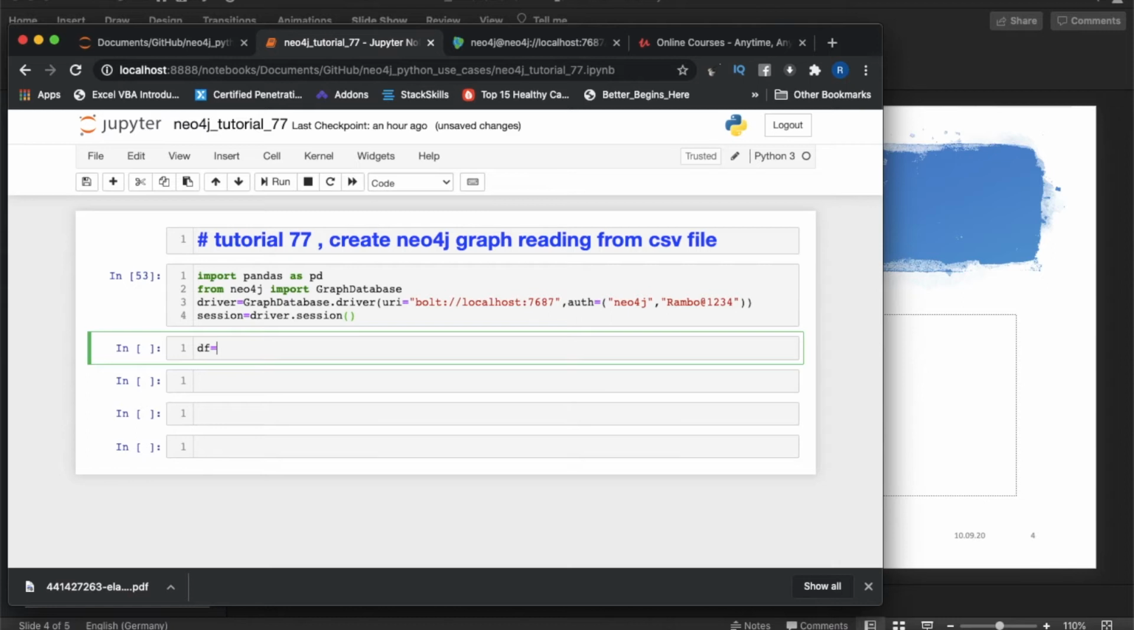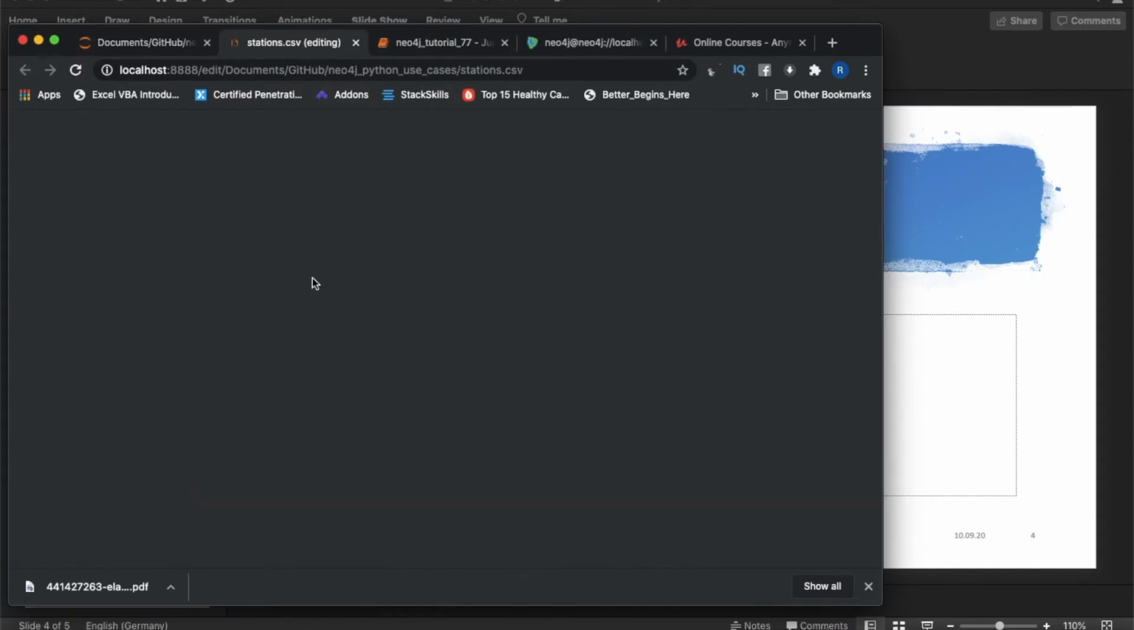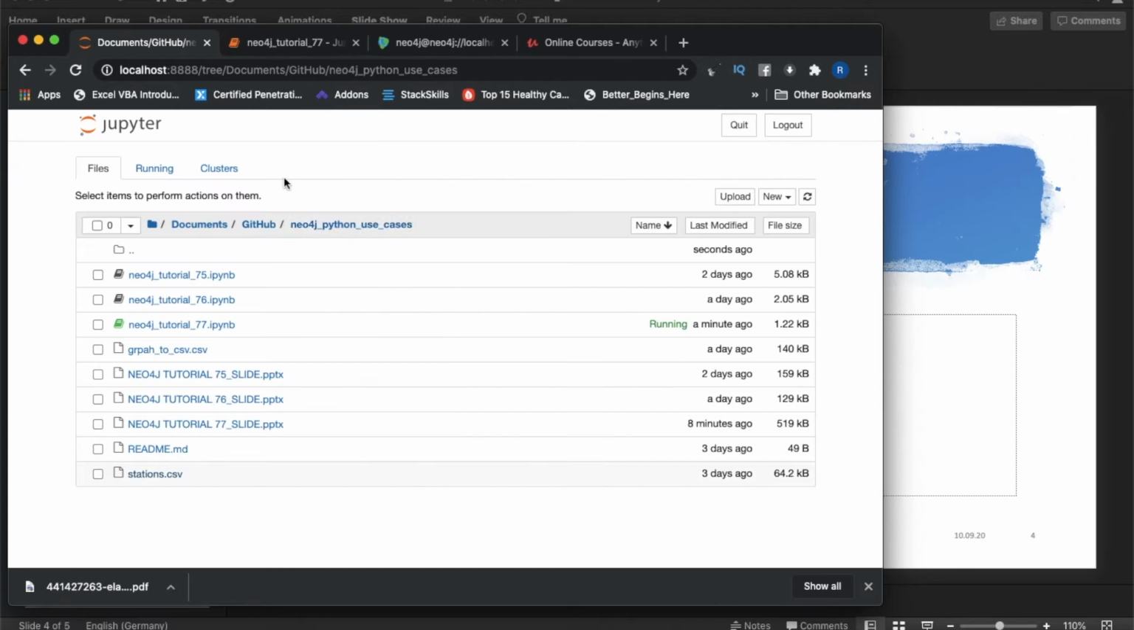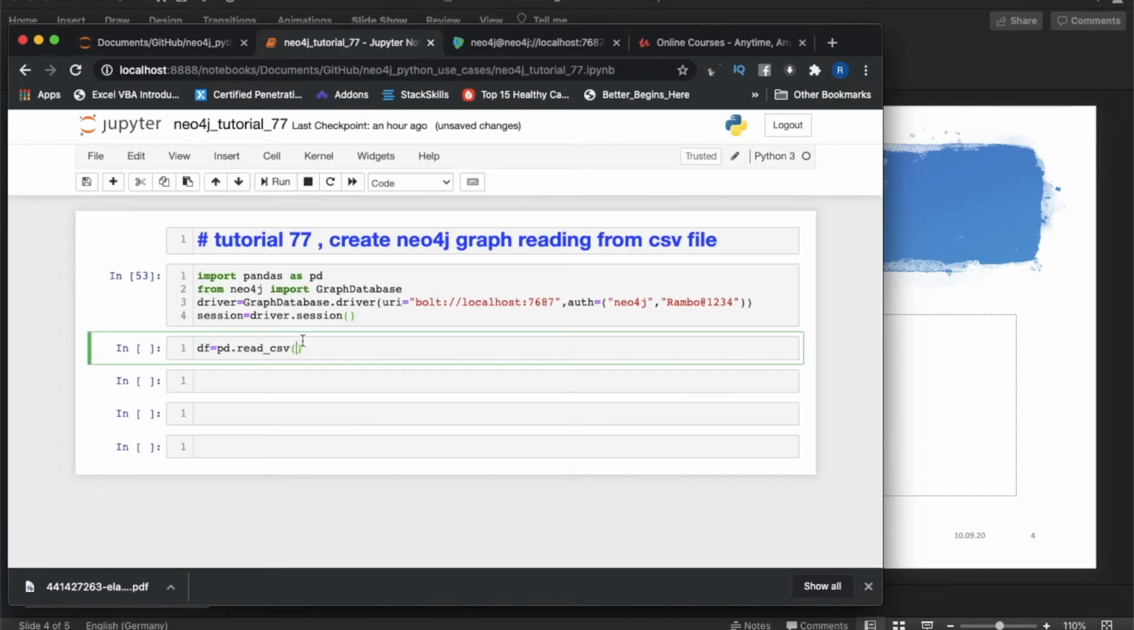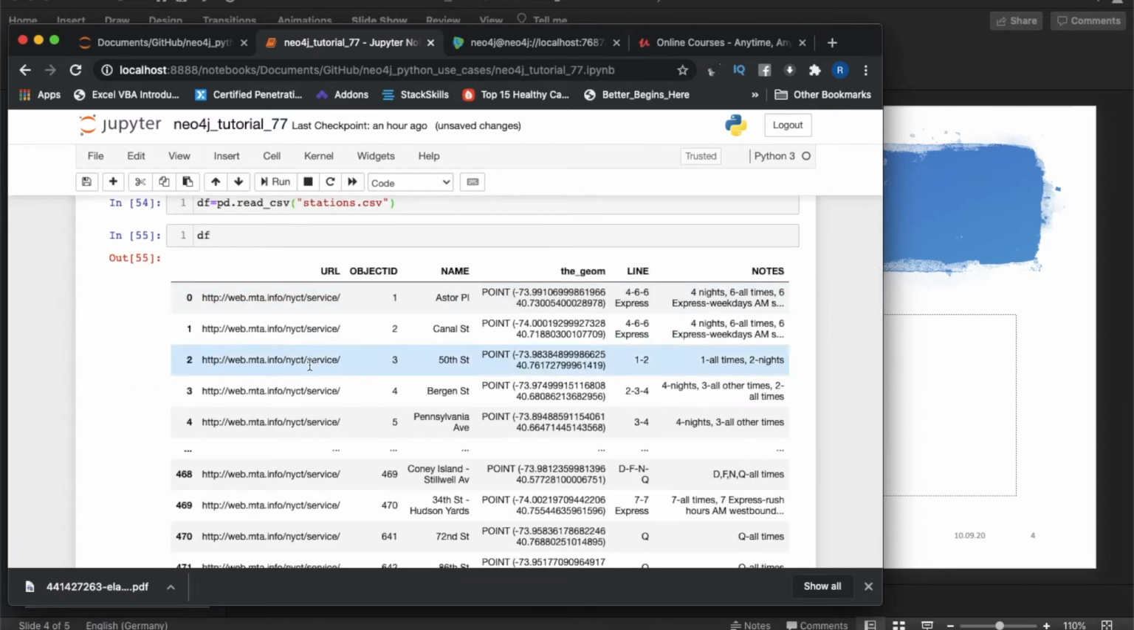So df equals pd.read_csv, and our CSV file is station.csv. If you see, this is a CSV file, so I'm not going to load it from here, rather I'll read it from here. So station.csv, okay, then just df, so you guys will be able to understand what is there. So URL, object ID, so this is my station's name, and I don't need this geo coordinate, and this is